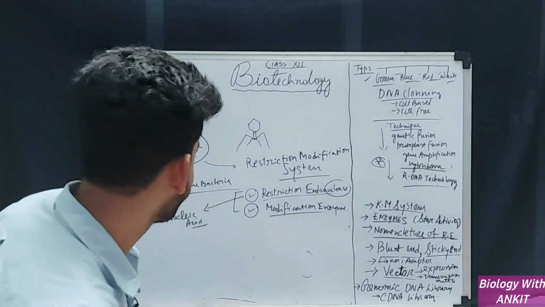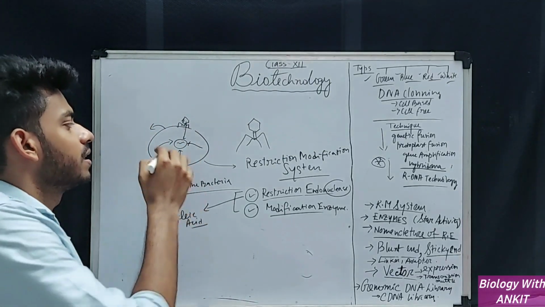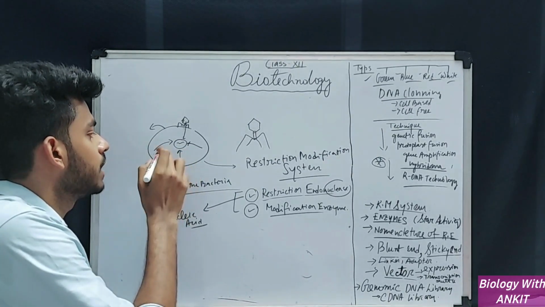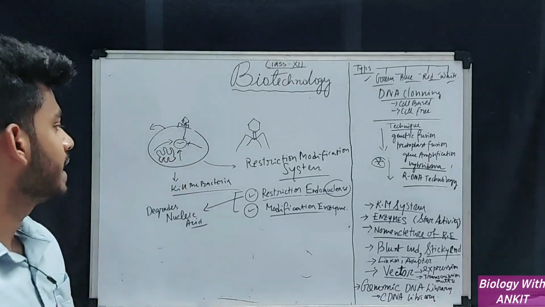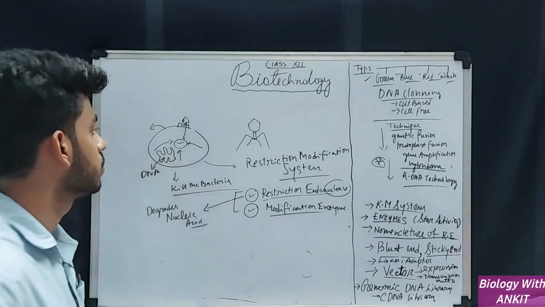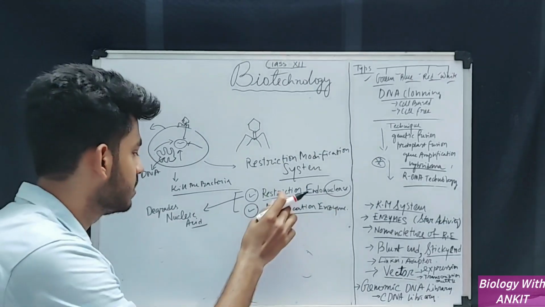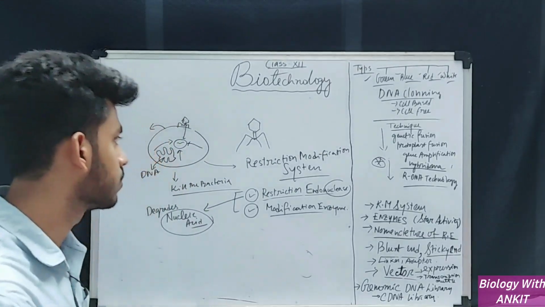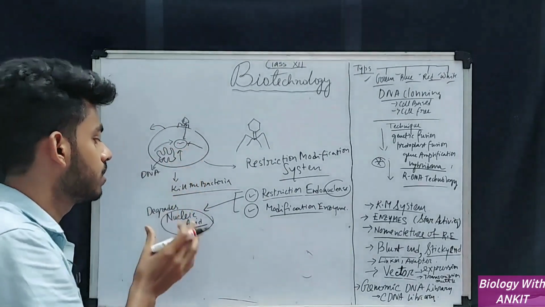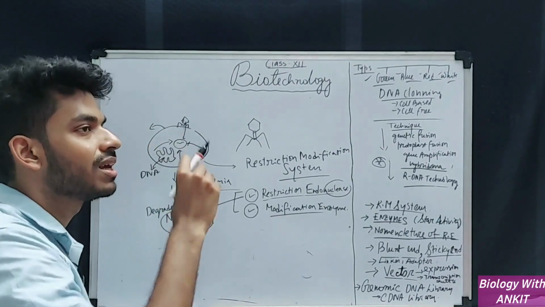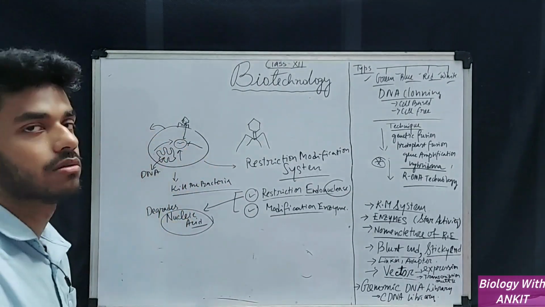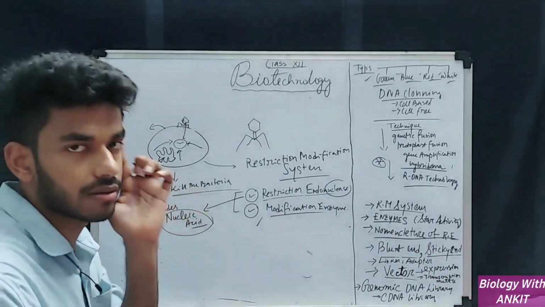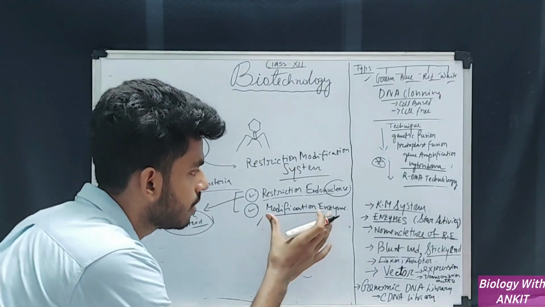Okay, so a question arises: the bacteria itself has its own DNA. If the restriction endonuclease is degrading nucleic acid, how is the bacteria's own nucleic acid protected? The question is, when I am making an enzyme that kills my nucleic acid, how can I protect my own nucleic acid? The answer lies in the second part, that is the modification enzyme. Look, the bacteria is very clever, isn't it?